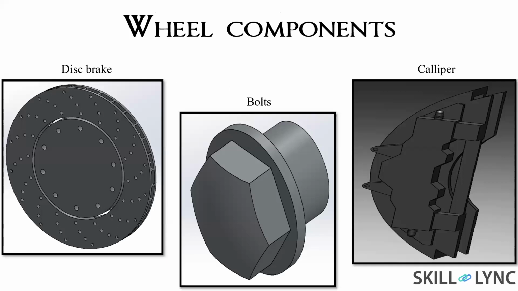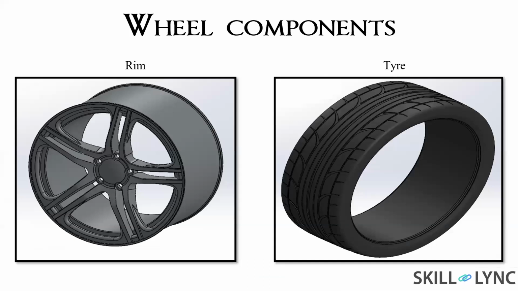These are the wheel components, and for them I have made multiple uses of the same features. For instance, for the disc brake, the important features were boss extrude, chamfer, circular pattern, cut extrude, and cut revolve. For the bolt, there was boss extrude, surface revolve, replace face, and the delete body keep command. The caliper was built in half first, and then it was mirrored over the top plane. The commands used were boss extrude, dome, cut revolve, and mirror. The next parts are rim and tire.